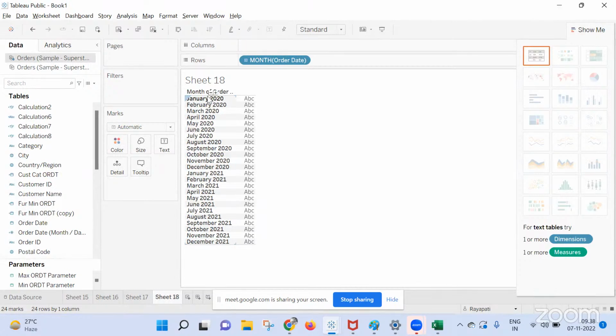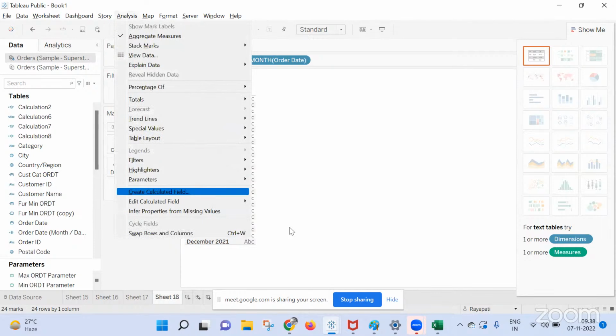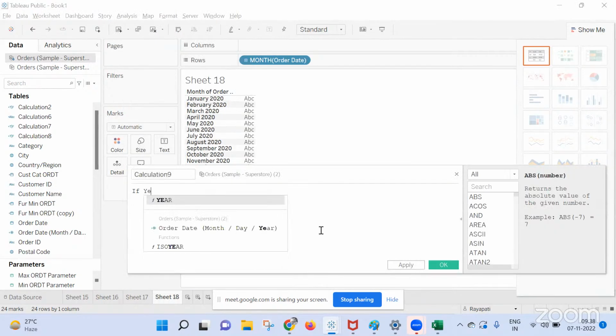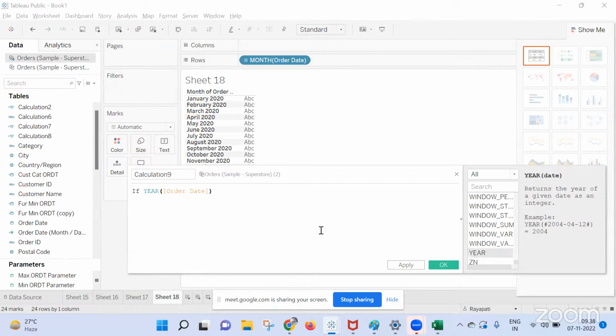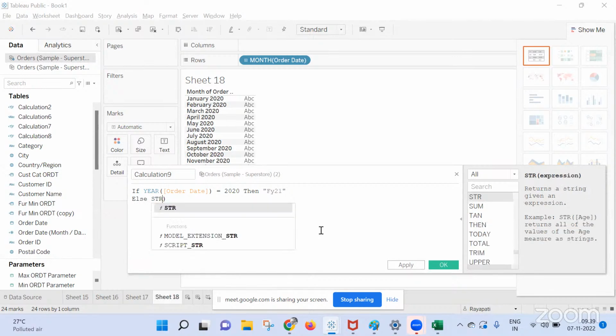So here, to get the string like FY20, whatever he is talking about, first you need to convert your total values into data. Now there are many various ways. What I am writing is: if year of order date is equal to 2020, then I am writing FY21, right? Else I'm taking